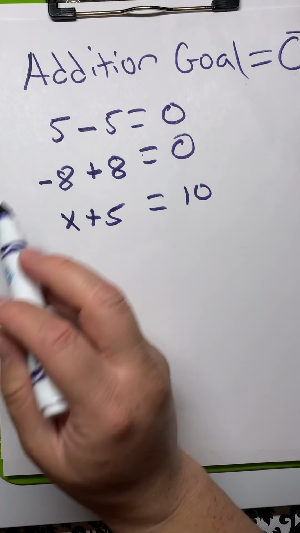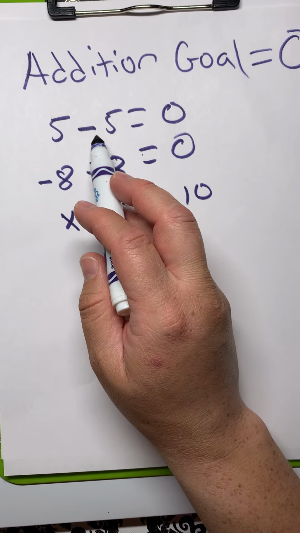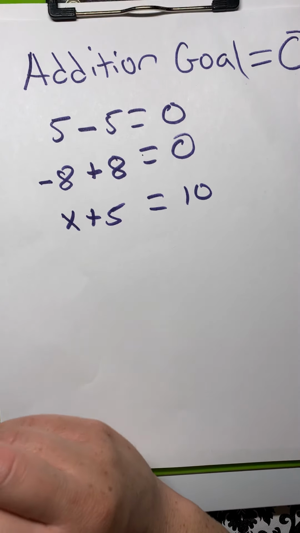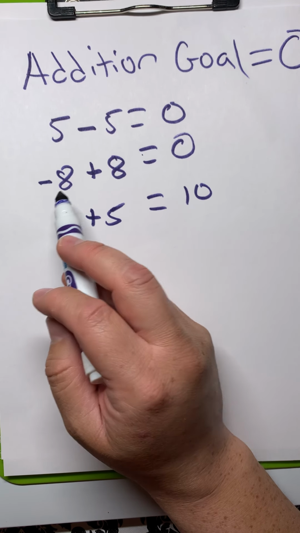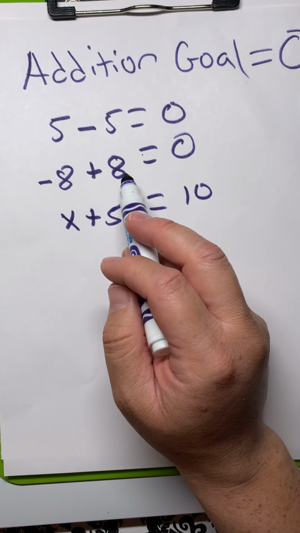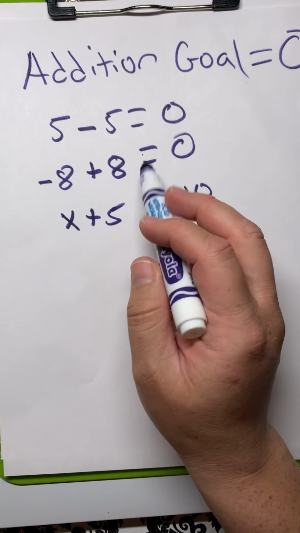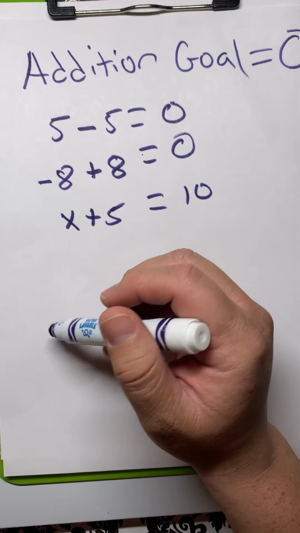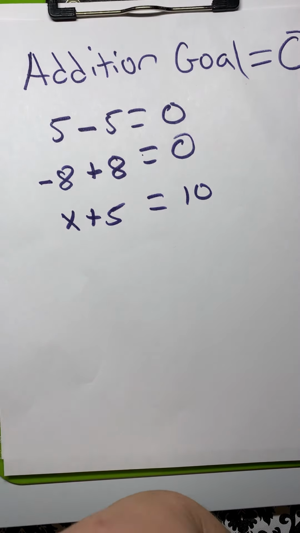What this basically looks like is here you have a positive 5. What's the opposite of a positive 5? Negative 5, that equals 0. Here you have a negative 8. What is the opposite of a negative? That's a positive. Negative 8 plus 8 equals 0. So the goal here is always to get it to equal 0. So basically the inverse property is telling you whenever you add the opposite to any number, it is always going